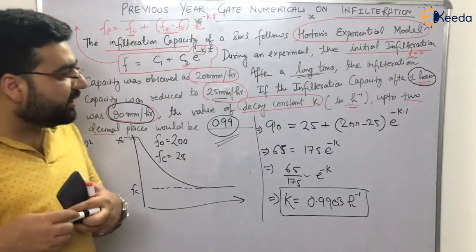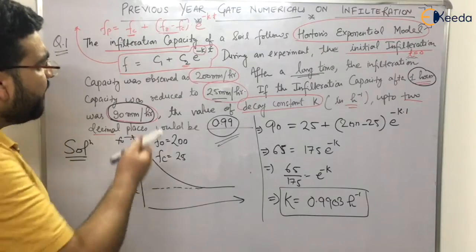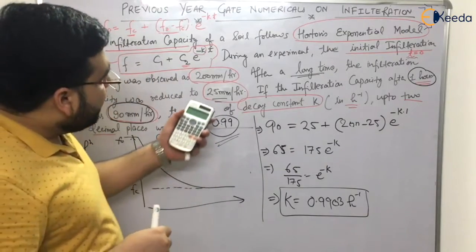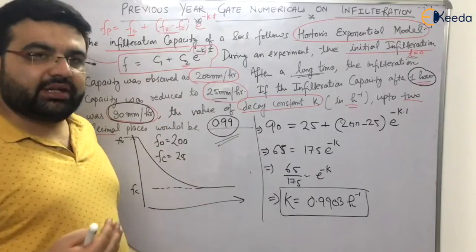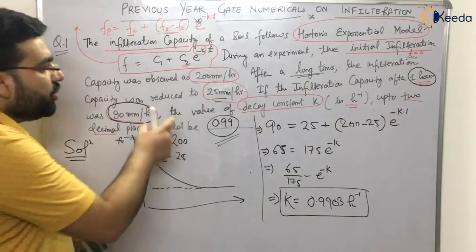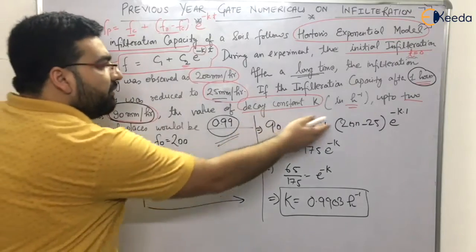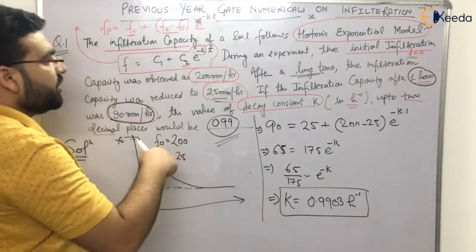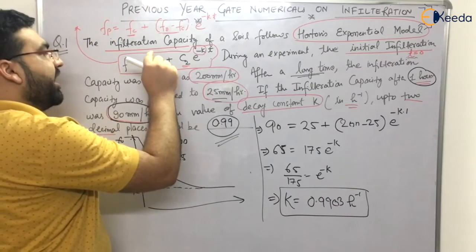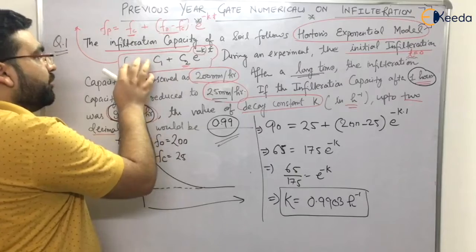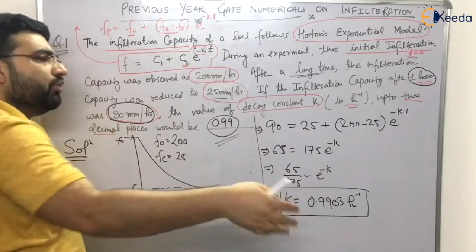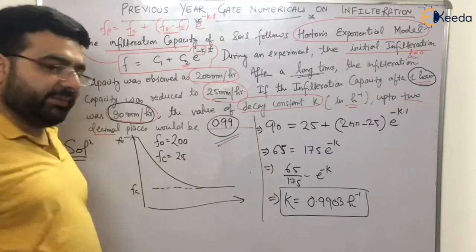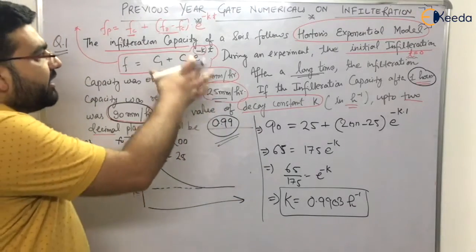I hope that you have understood how to solve this numerical, right? It was an easy numerical, but what the students did is that they solved it in a lengthier way. In the GATE examination, to save time, if you have the good concept, directly you will write the equation and get the answer in just 2 to 3 steps. But the students first calculated C1, then C2, and put in the value to get the value of k. In 5 to 6 steps they got the answer correctly, but they wasted a lot of time. Okay, so I hope that you have understood this numerical.